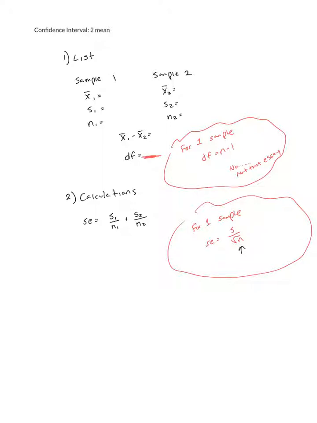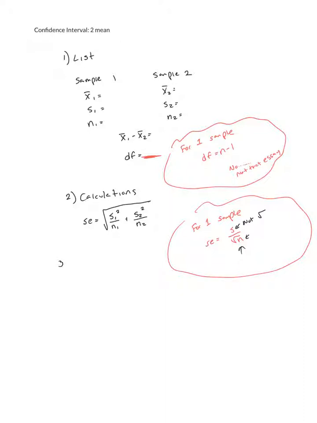Now here's a complicated part. You see how N is square rooted on the bottom? Well, I need to have that N1 and the N2 square rooted. But I want to add them together before I do that. So what I'm going to do is go ahead and square root the entire thing. The problem with this then is S is not under a square root. So what I need is something to cancel out the square root. And the thing that cancels out a square root is the square. So I have S1 squared over N1 plus S2 squared over N2. Now the algebraic reasoning I just gave you isn't exactly why this works, but it's a good way for us to think about it. Now that I've calculated this estimate for my standard deviation, the variation between my samples,